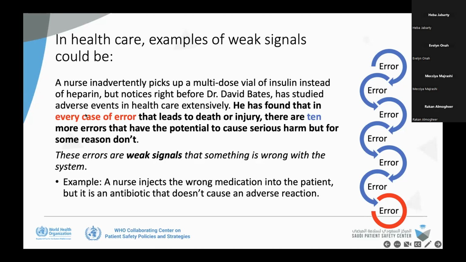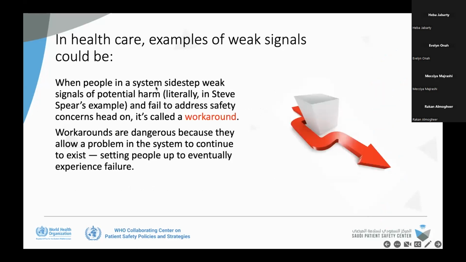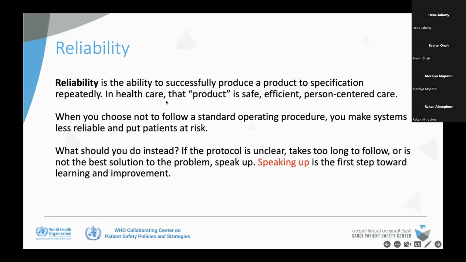For example, a nurse injects the wrong medication into the patient, but it is an antibiotic that doesn't cause an adverse event. So luckily, no harm comes to the patient, but with continuous error, harm could happen. So relying on weak signals will not save the system. That's why people try to sidestep, sometimes a lot of them, saying that we have a complicated policy, the policy is too long, we can't read it. So instead of forcing people to work around and create weak signals, let's simplify the policy and have reliable